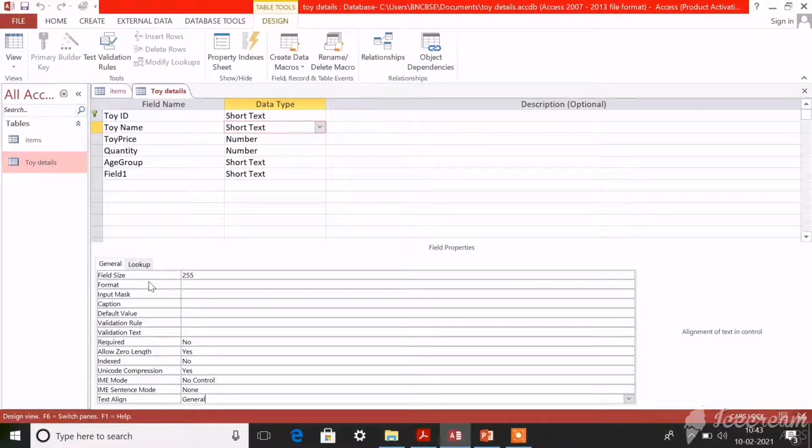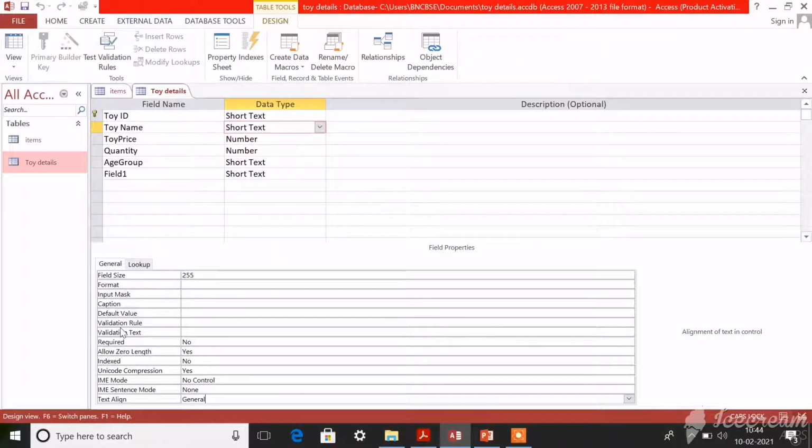In format alone you have another thing called date and time format, which is for entering date and time. There are different options like general date, long date, medium date, short date. You can also set the region and the language that you use, but that you can set only with the help of the control panel.